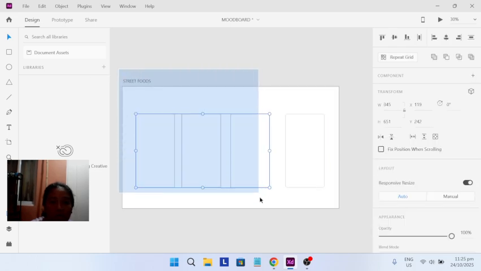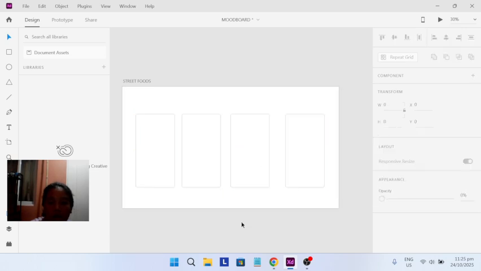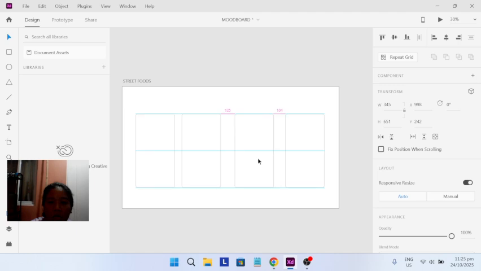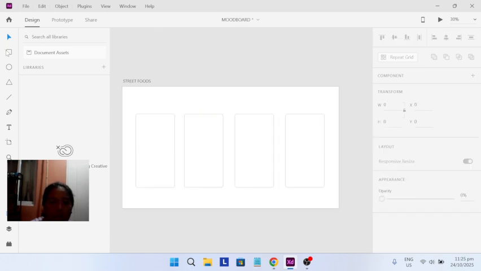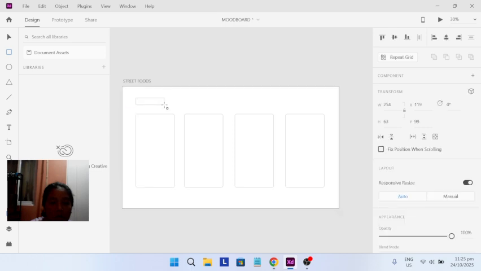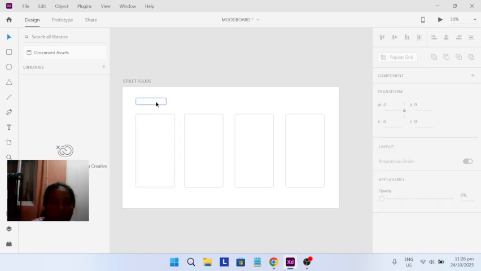Then group, para hindi gumalaw. After that, we're going to put another box here sa tapat. Let's duplicate.